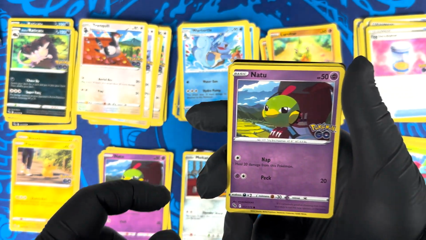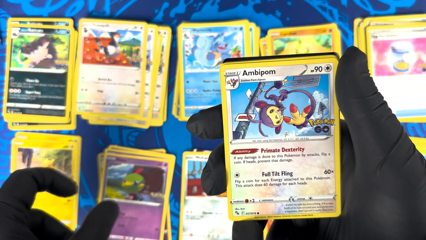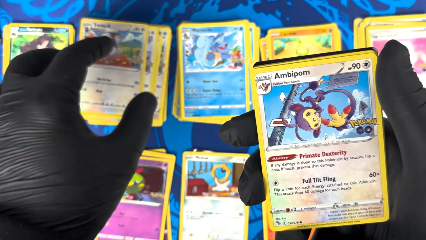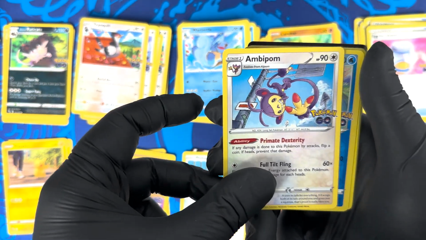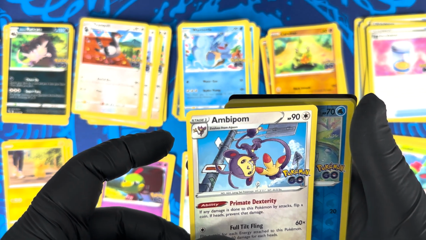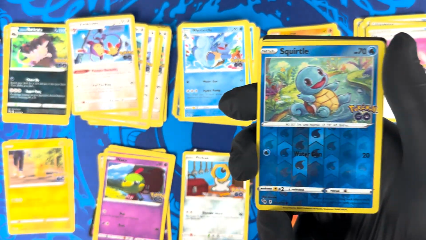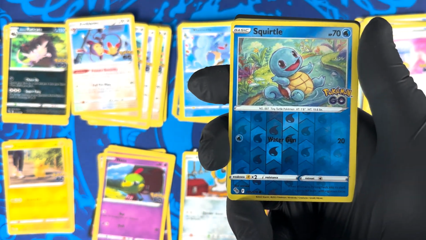It does feel that Tyranitar is not that good, unless I misread the card. But Tyranitar in the games, I don't know if in the current generation he still is, but he was always a staple in competitive. Ambipom, Squirtle, yay, metallic blue, yay, baby,